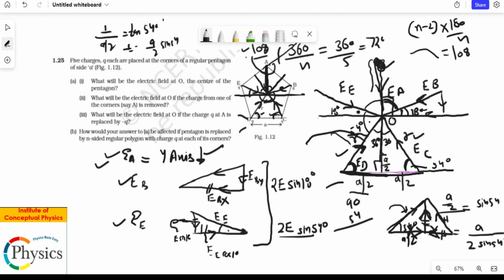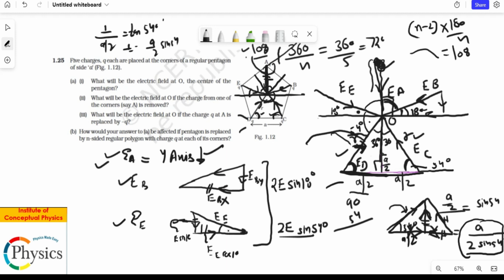and so ignore what I just said. My logic was that the perpendicular length is going to be the same. It is not. In fact, this is the hypotenuse. So whatever is the hypotenuse you're calculating here, the same distance, right? So use A by 2 sine 54 as the hypotenuse value everywhere. So even the charge A from O is at the same distance. It's the hypotenuse. I shouldn't have taken the perpendicular, but anyway.